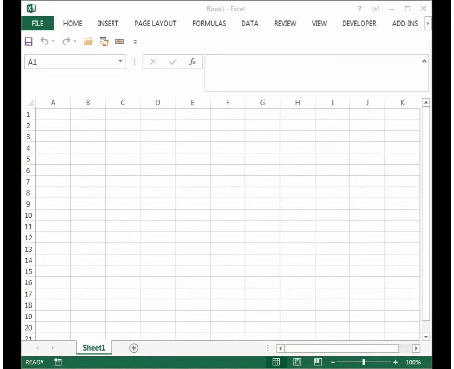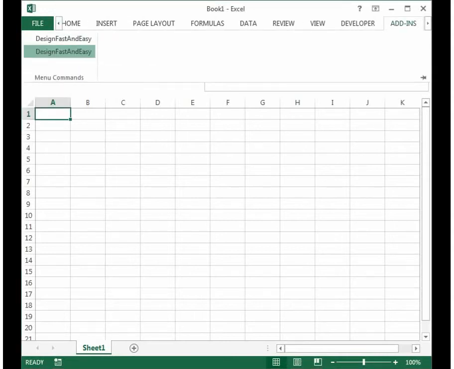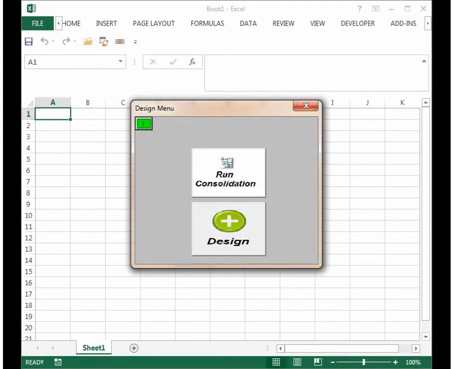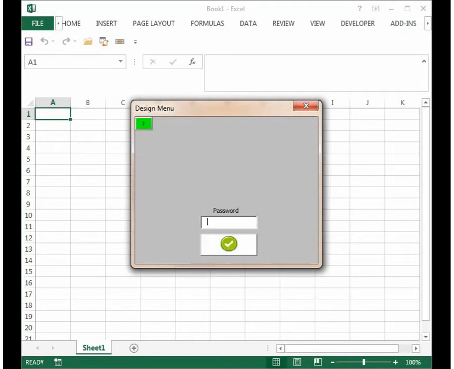Okay, in this demo I'm going to add a date picker, time picker, and a lookup. Let's go. I click on add-ins, click on the add-in, design. I want to design, type in a password,